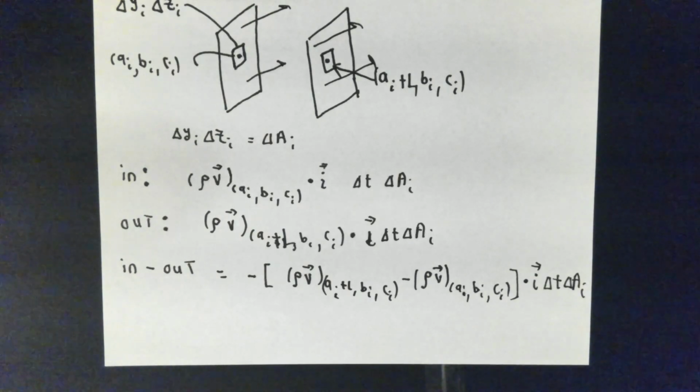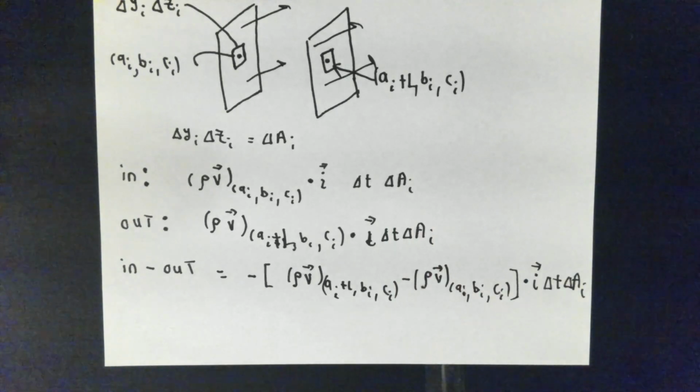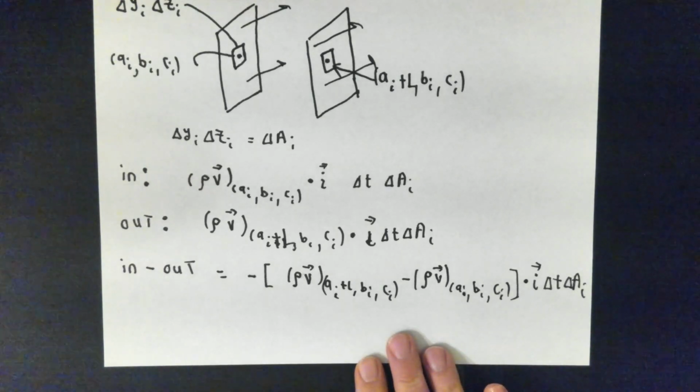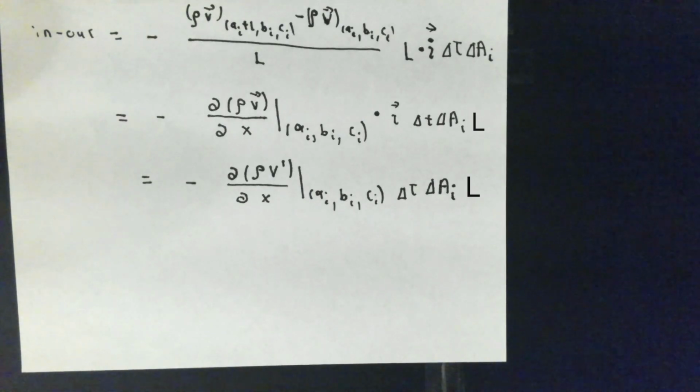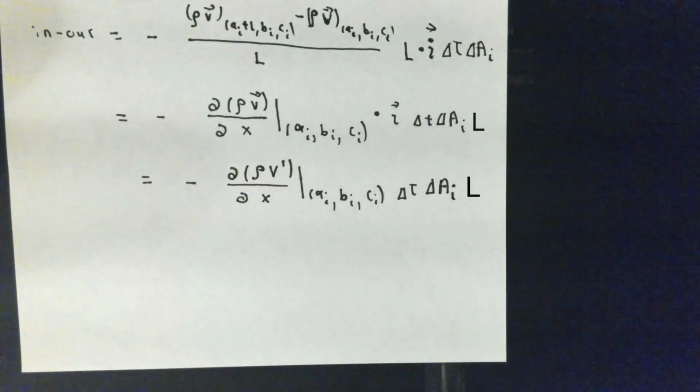Also, we can figure out how much material flows outward in an amount of time delta t per area delta yi delta zi. In minus out can easily be manipulated into this form. If I calculate the difference in minus out, a little bit of algebra will show that it's equal to this quantity. The reason that I brought the minus sign out front is so that this makes it